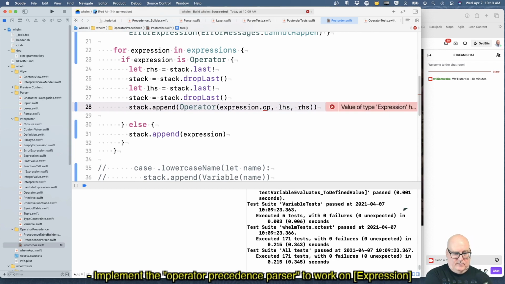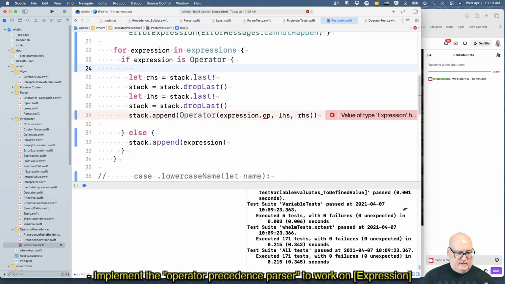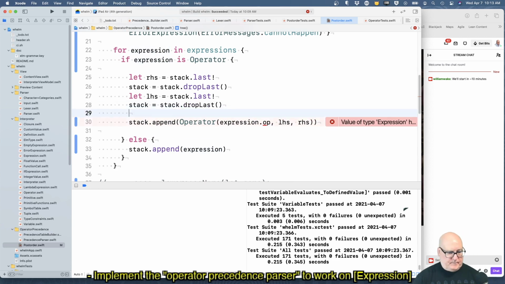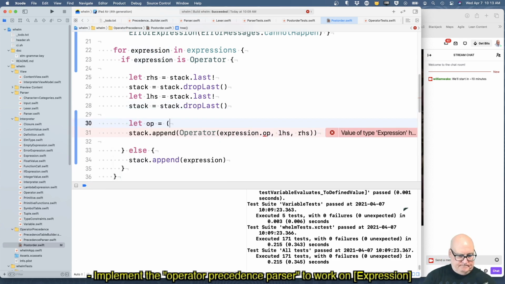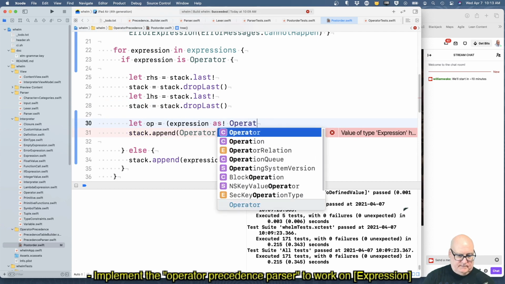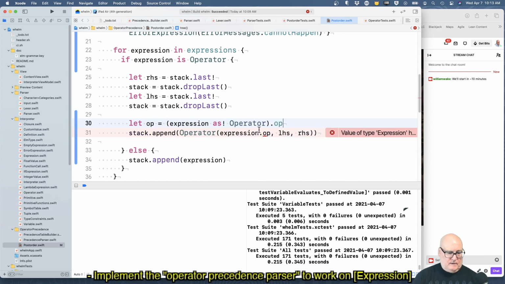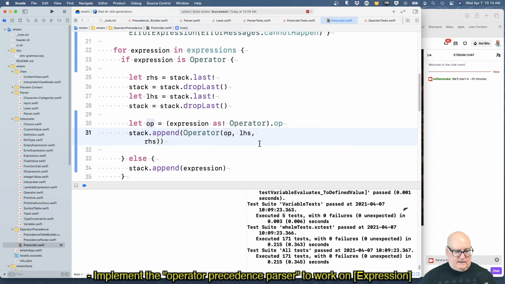Okay, so basically, we know it's an operator. Let's do that.